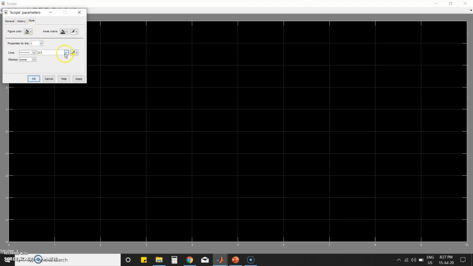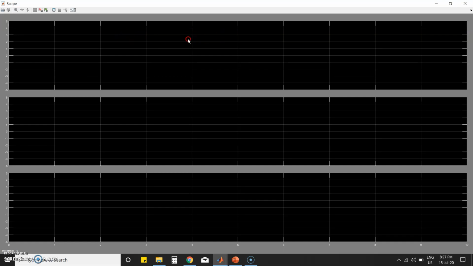And in the style you can change the thickness of your line. So here I will set the thickness to 3 and I will choose the color as red. Okay, if you want to change the axis color, you can make changes here. So just apply. So now we have 3 axes. So I am naming the axes in axis properties. In axis properties, you can name the title, input voltage, this one for the first one, and this is for output voltage.